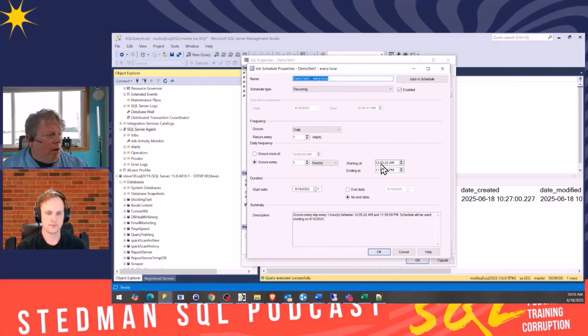So this one is one that I wanted to run once an hour, but instead of starting at midnight and running every hour on the hour, I shifted it to 12:05 and 22 seconds. I always like to not run it on the hour, the 10s, the 15s, or the 30s. That way you don't have all your jobs starting at that exact same point in time, and 10 jobs all trying to log to the same table and all trying to run queries at the exact same second can be a problem.